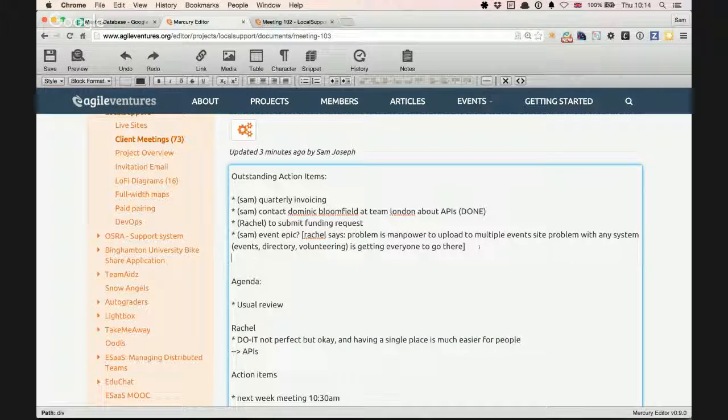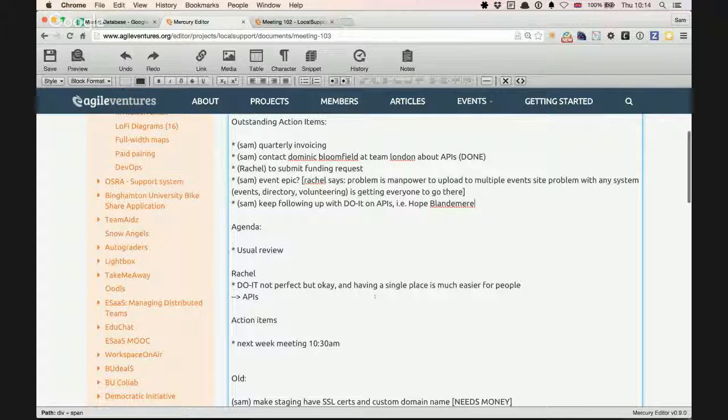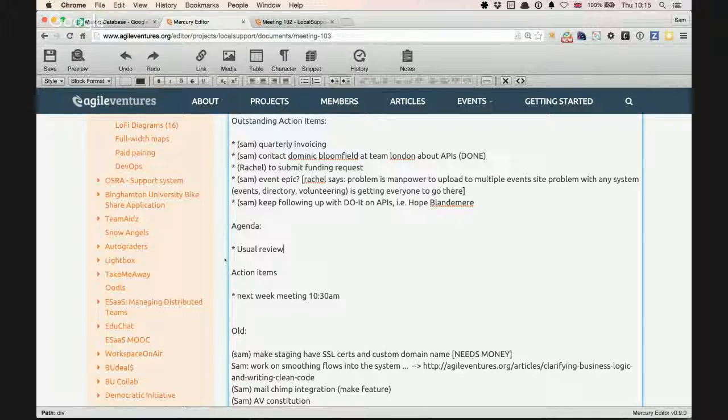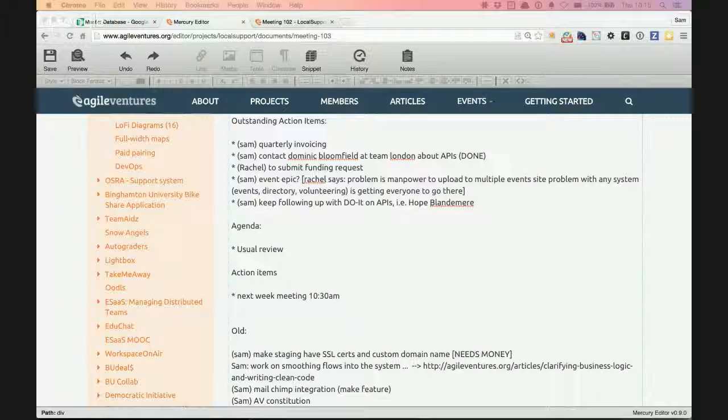So I've got for me, keep following up with Do It on APIs. Hope Blandimer. I mean, that's a, you know, if she doesn't, Hope has said, you know, oh yes, you could have access to the API. We will see. We will see. Okay, so we've got usual review. I guess there just to check in on my email to see if I have heard anything from this Team London